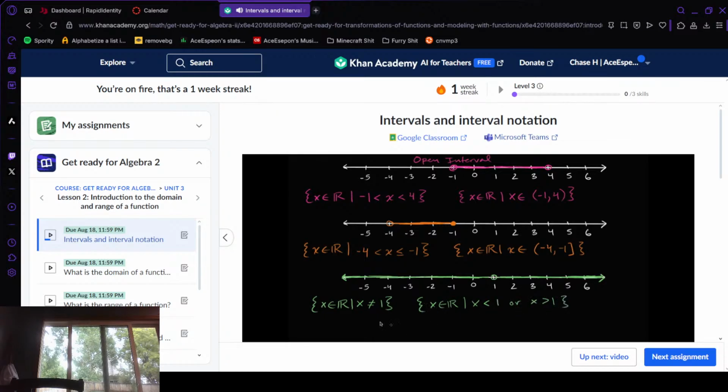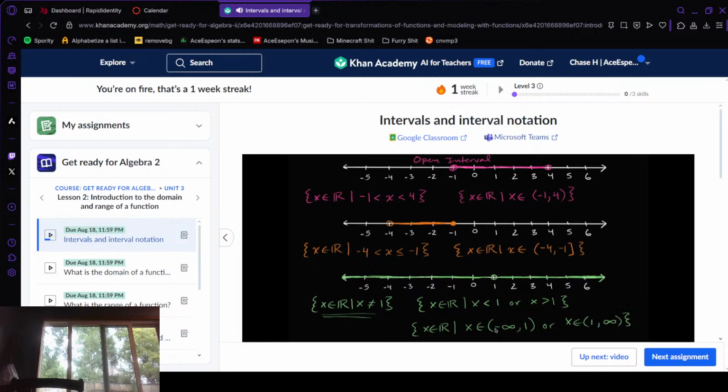So you could write it just like that. Or you could do something interesting. This is the one that I would use. This is the shortest, and it makes it very clear. You're saying, hey, everything except for 1. But you can even do something fancy, like you could say x is a member of the real numbers such that x is a member of the set going from -infinity to 1, not including 1, or x is a member of the interval going from 1, not including 1, all the way to positive